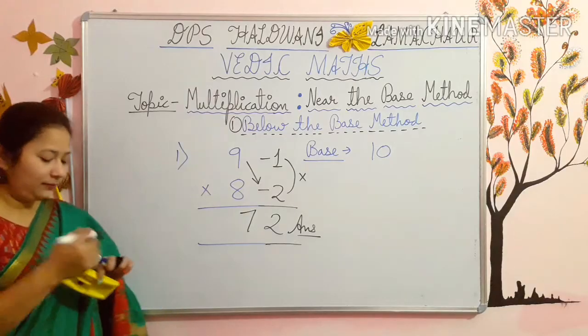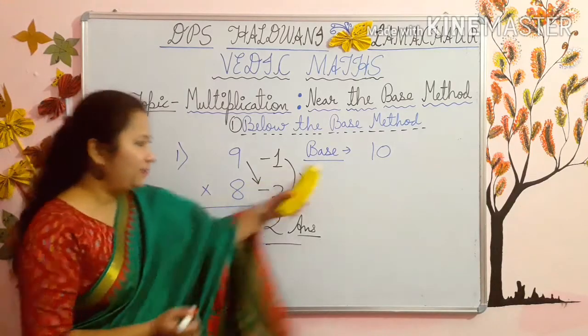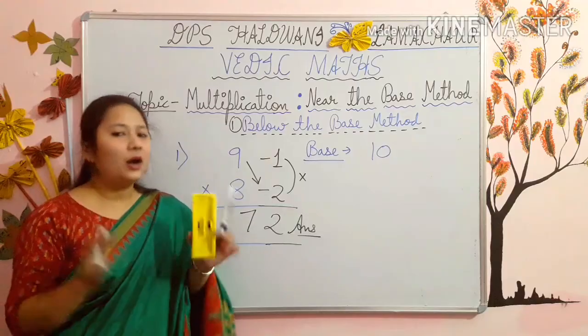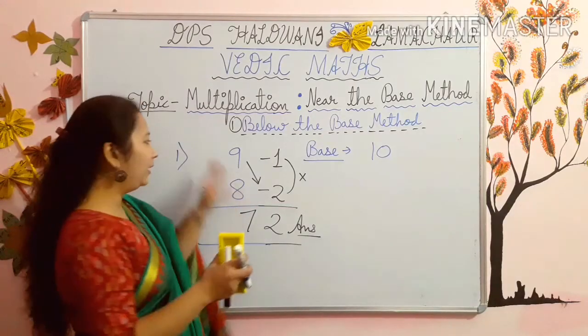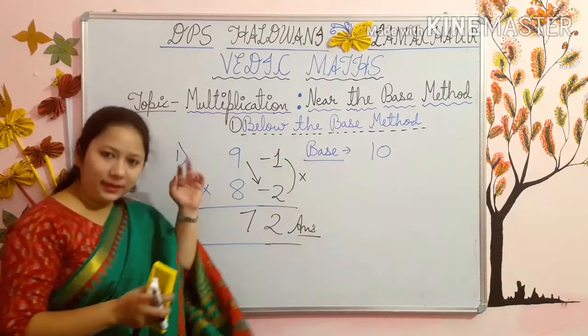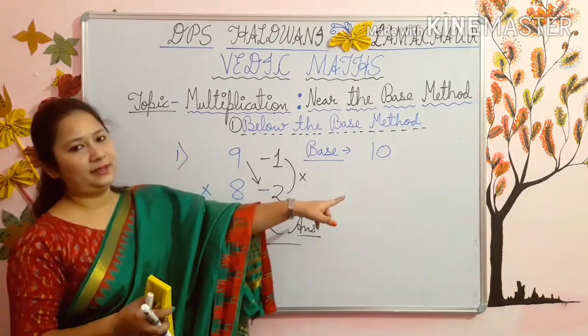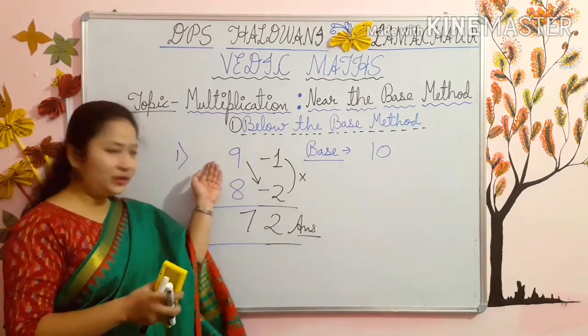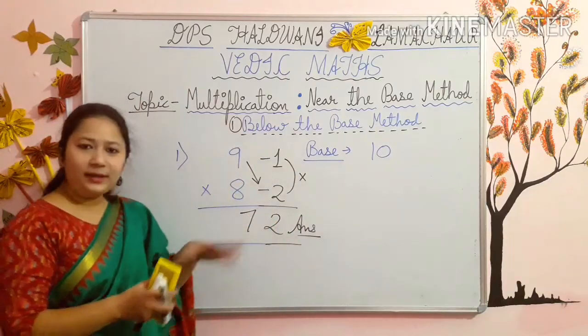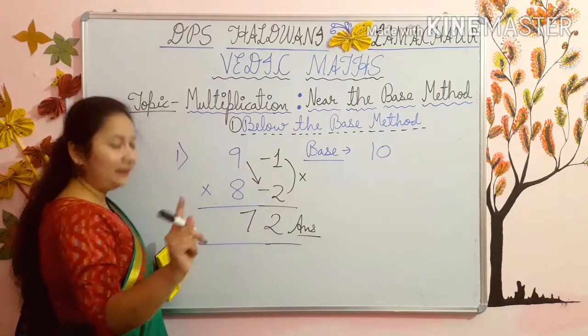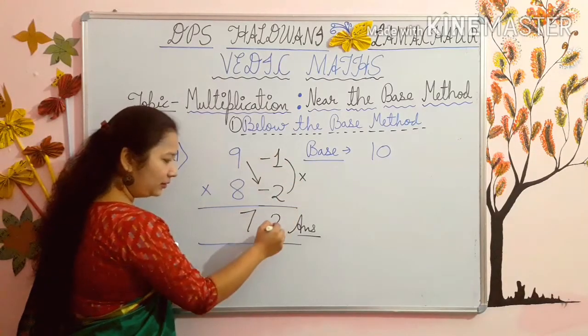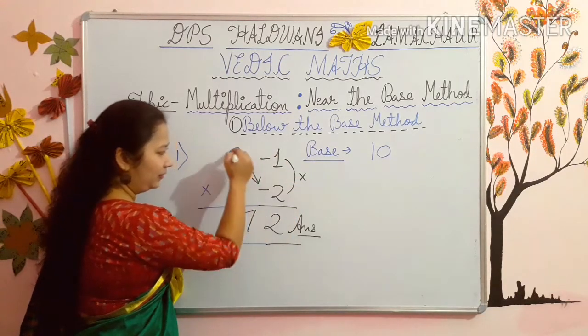See what you have done. First of all, you have to take one base. How you will take the base? I have told you. Secondly, you have to subtract number and base. Write the number first and then write the base. Number first, then base. Subtracted, whatever the subtraction answer will be there, you have to write here with the sign. Then multiply these both and solve this.